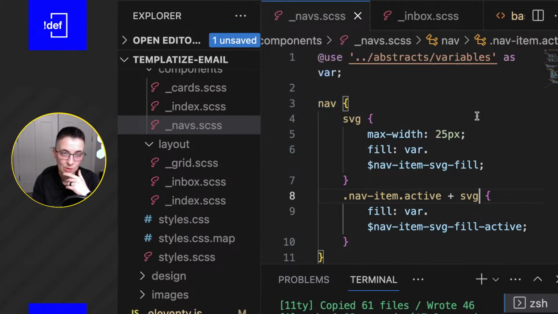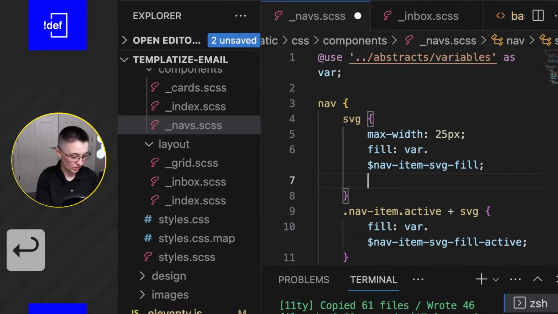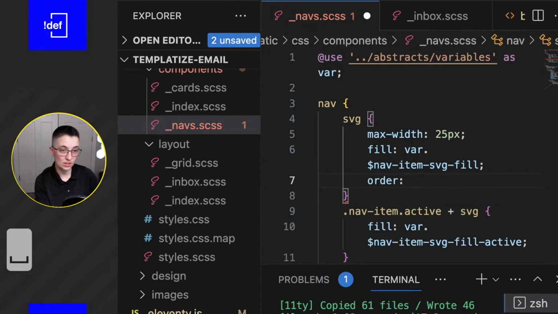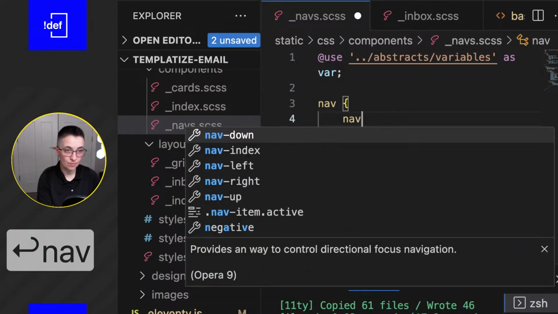So the other thing that we would have to do is use the order attribute in Flex, and I think we could still accomplish this. So we could say order is 2, I think, and then nav item,